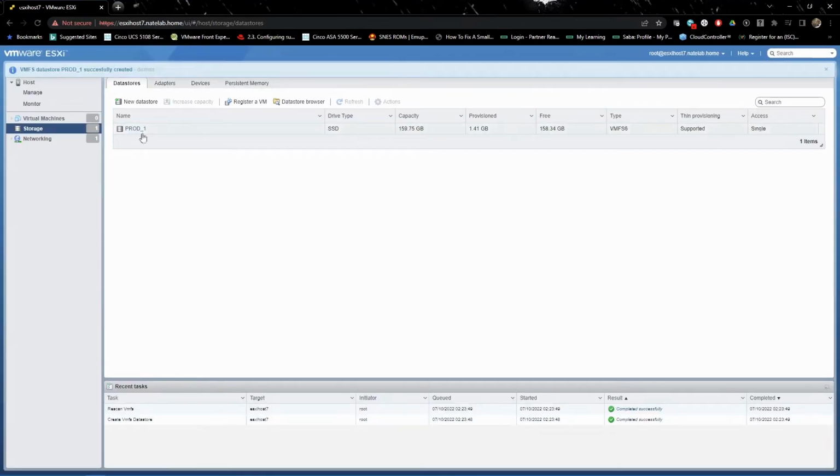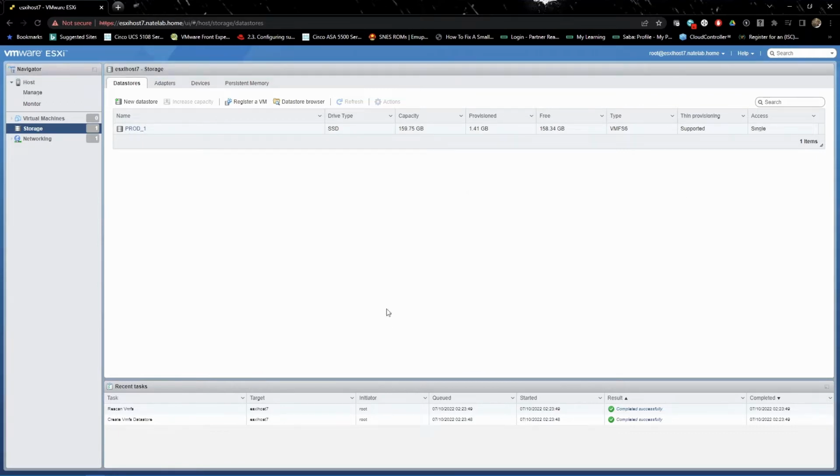Boom. So here we go. Now we have our first data store, our first storage system attached to this ESXi host, or this server, right? All right. The next thing that we want to do is actually add the external storage that I have,